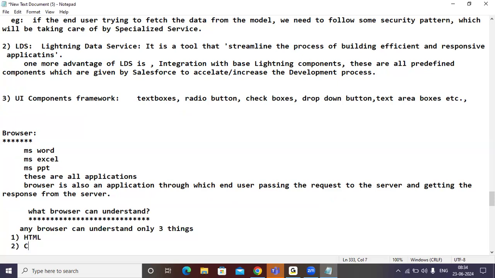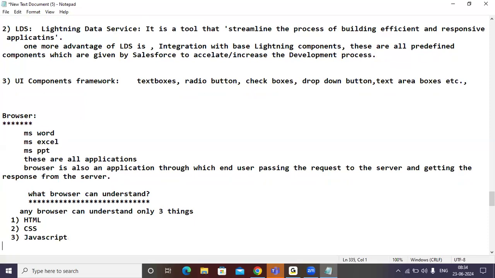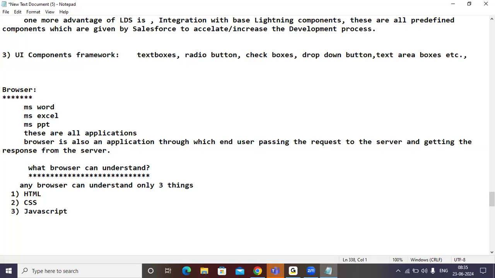Second one, come on, CSS. Third one, JavaScript. So any browser can understand these, and it finally converts everything into HTML only. Understand all of you? HTML, CSS, and JavaScript. Only these three can be understood by any browser.